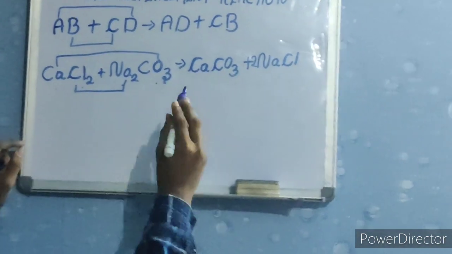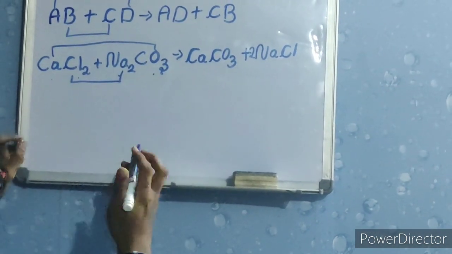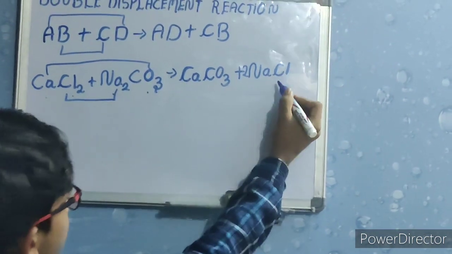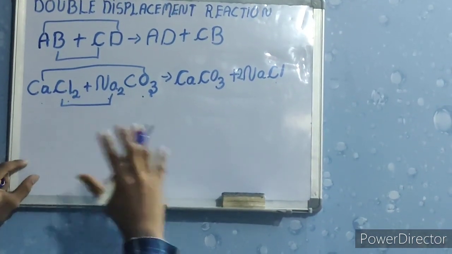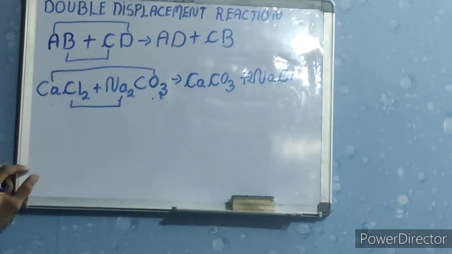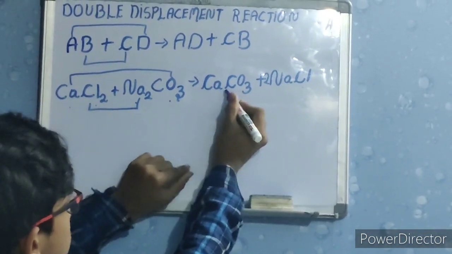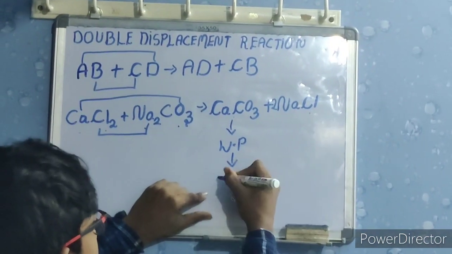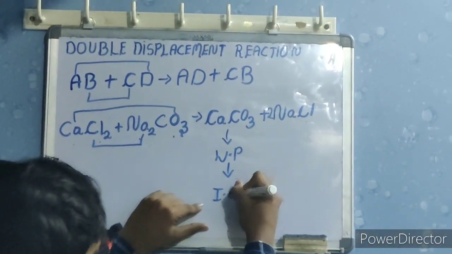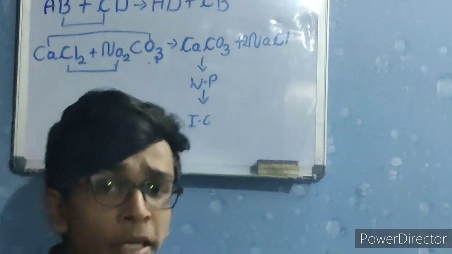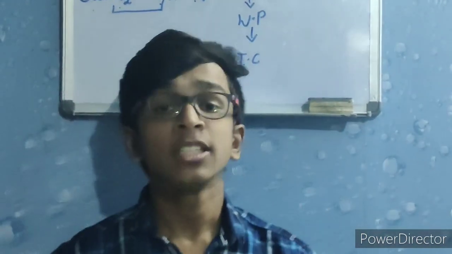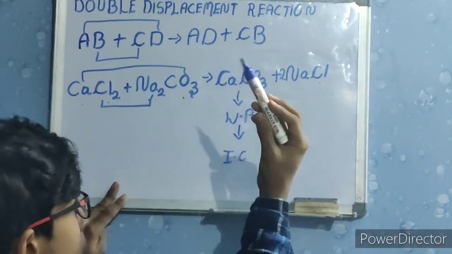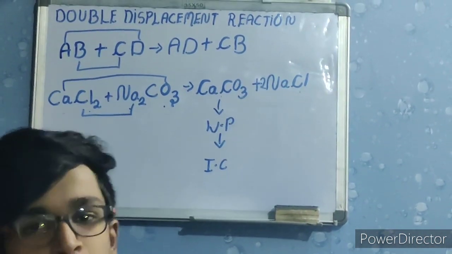Fine. Now we can observe that there is an exchange of ions here. Actually, chloride ions are displaced by carbonate ions and carbonate ions are displaced by chloride ions. So since there are two displacements, it is a double displacement reaction. Also, the calcium carbonate which is formed here is actually the white precipitate, and this white precipitate is an insoluble compound in aqueous medium. So the proper definition for double displacement reaction is that the reactions in which there is an exchange of ions between two compounds of the reactants to form two new compounds is called double displacement reaction.